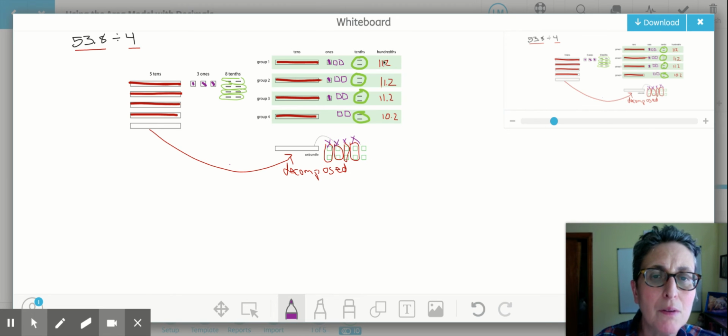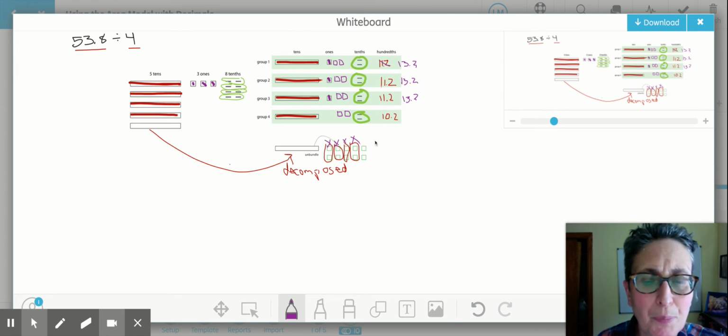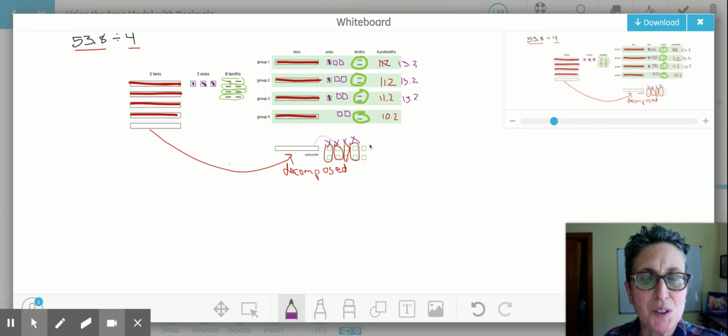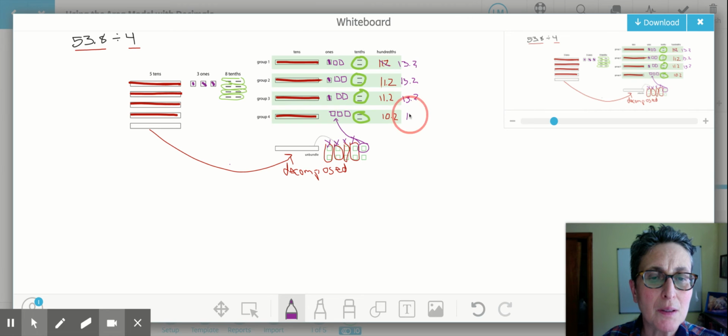So now I have 13 and 2 tenths here, but we know that division is all about making things even. It's not usually easy division for a lot of people. I actually have one whole one here, and I can just put that right here. And now I have made that 13